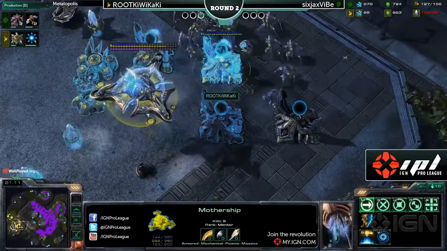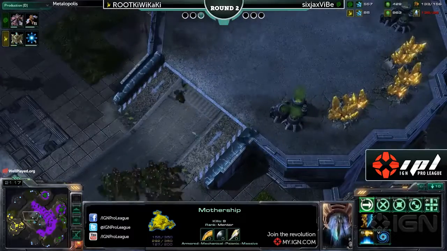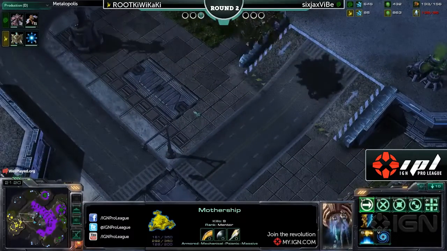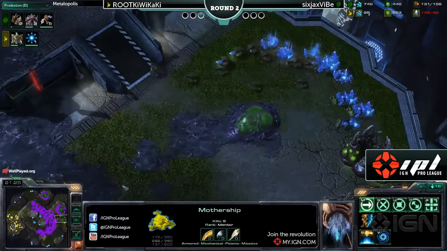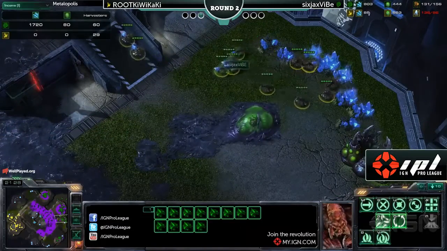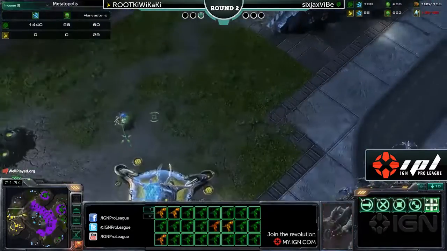Mass recall, of course, the ability to move all of his units over to one position, but it looks like he's just going to go ahead and fly away. Now, these mutas give Vibe an amazing amount of map control right now. He has plenty of drones. Let's take a look at it. 60 drones to 29 probes. These mutas are going to be able to...